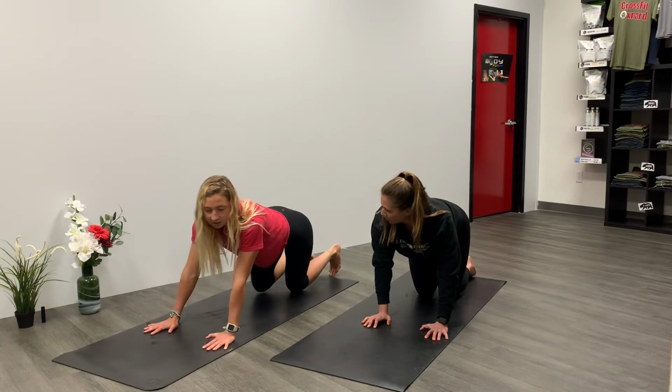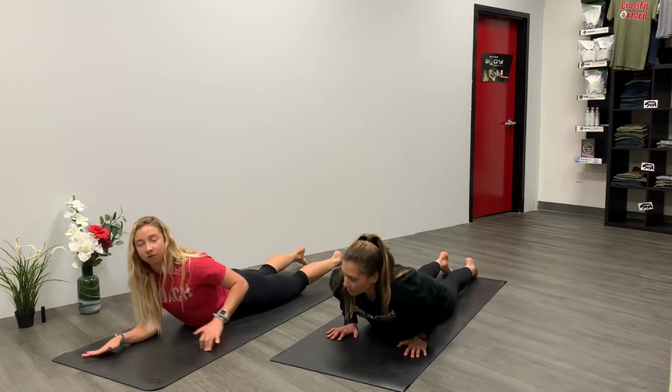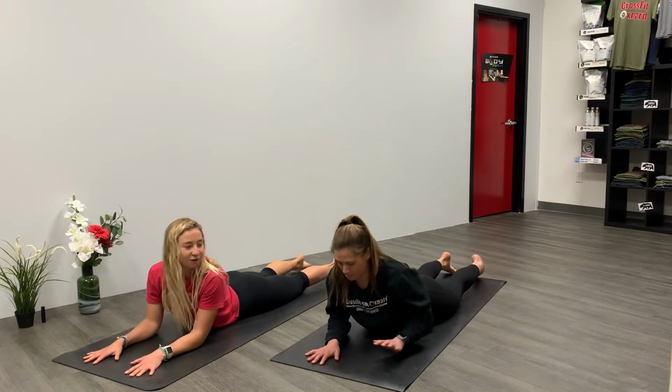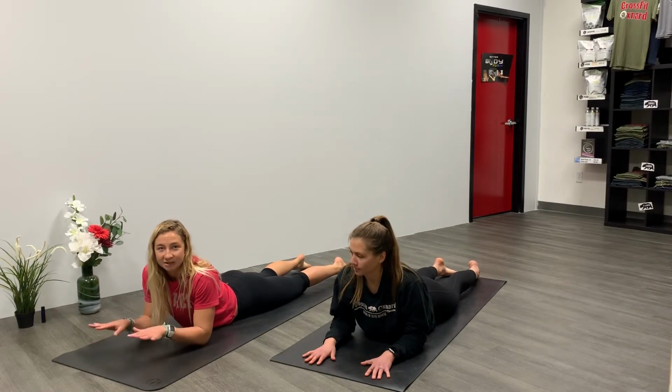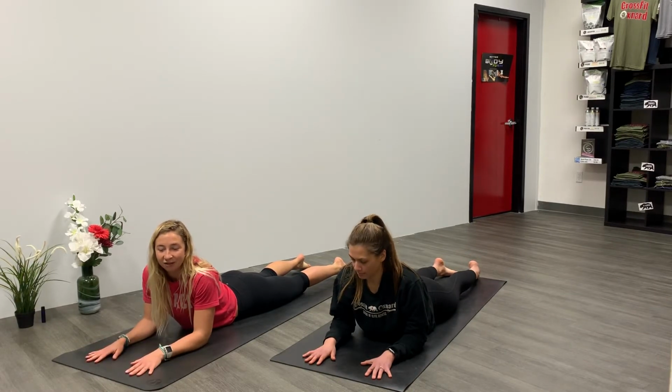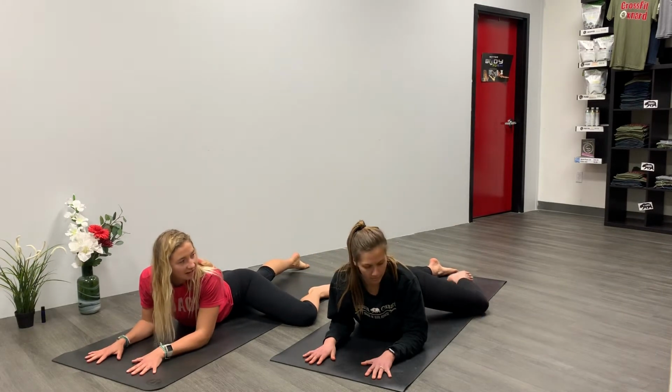And we're going to come onto our belly. So go ahead and straighten the legs out with the arms on the forearms. Perfect. We're going to do one little shoulder hip twist, and then we're going to be done with this little yoga flow. So we're going to start bending our left knee out to the side, kind of like a half